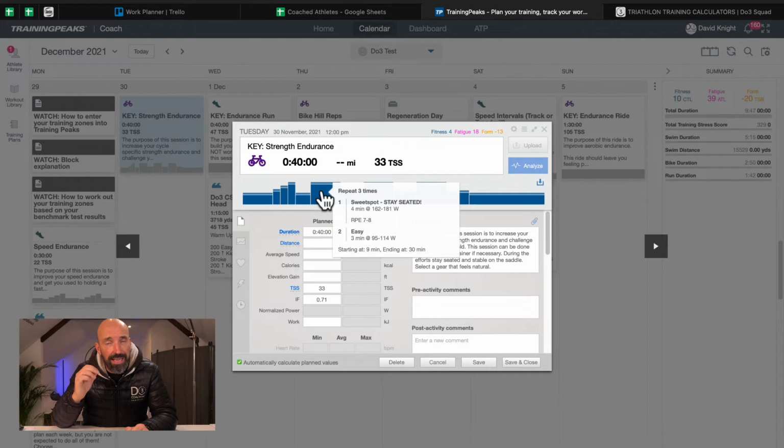So 7 to 8 out of 10, it should feel like, if that makes sense. With 0 being lying in bed and 10 being absolutely eyeballs out, 7 to 8 effort. So it's towards the top end of the effort scale, but certainly not 9 or 10 max effort, if that makes sense. All right, so if you don't have heart rate, if you don't have power, then look at heart